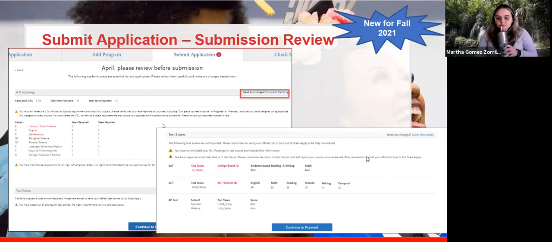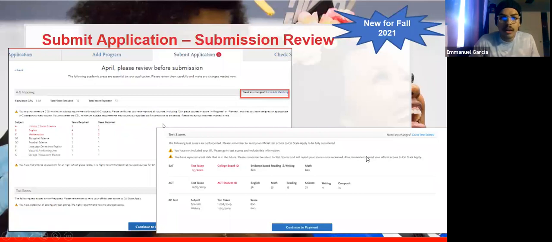So it seems there's something new for fall 2021. It's submit application submission review, which means you can submit all of your information before you submit the actual application, which is great. You know, if you want to go over any information that you feel you might have missed,